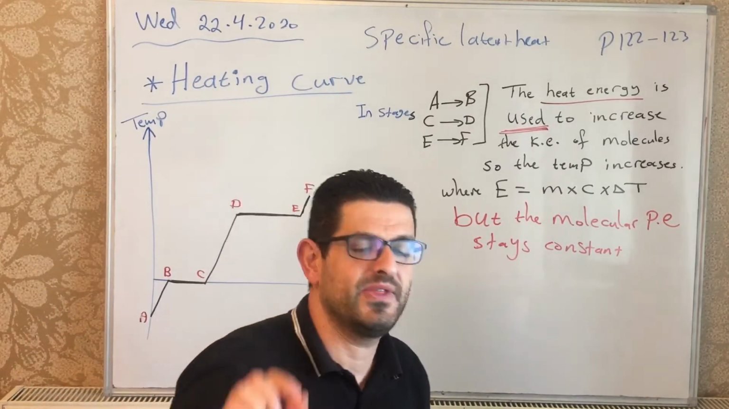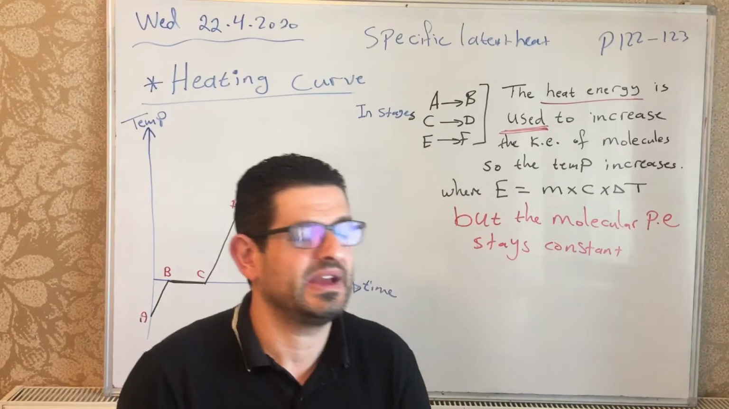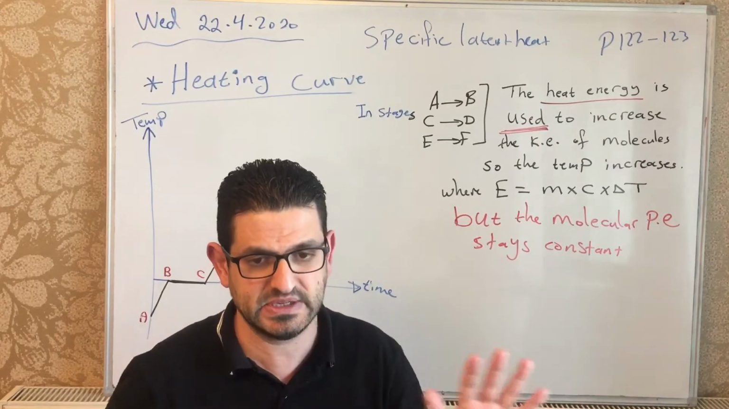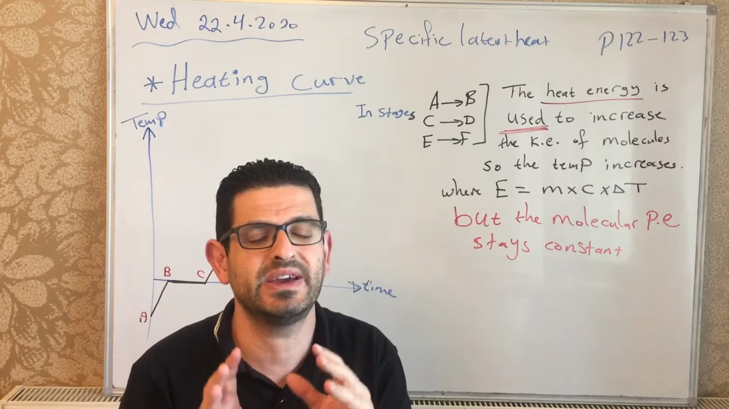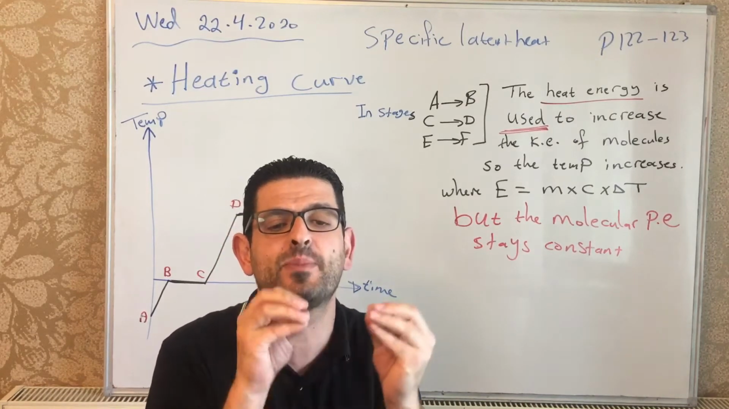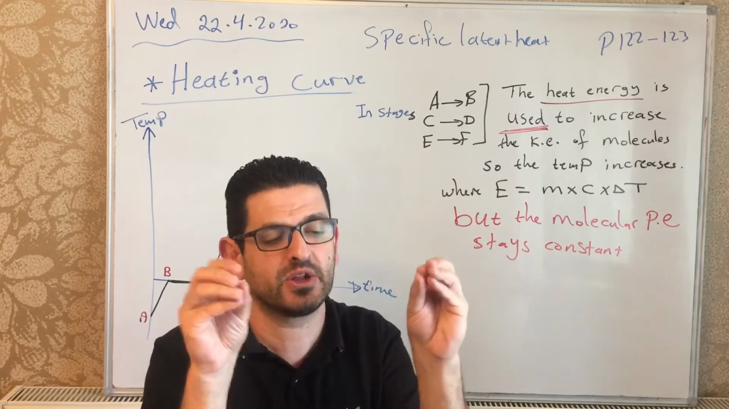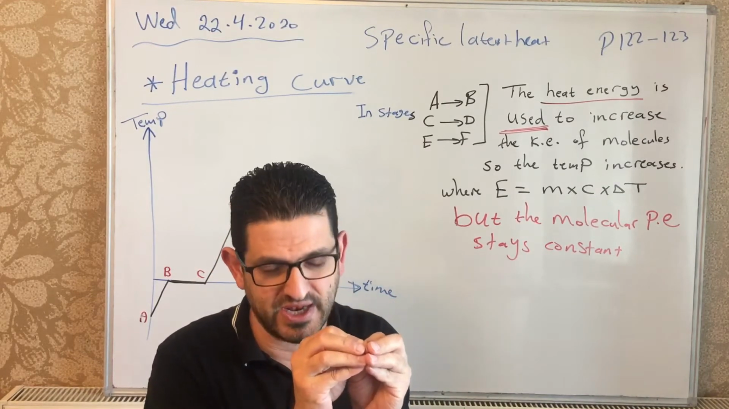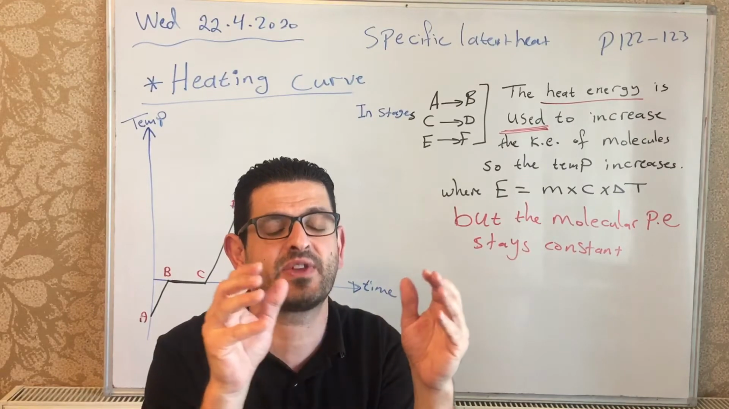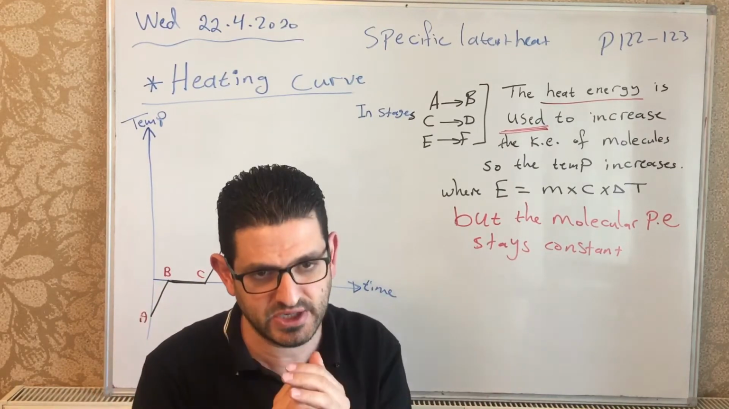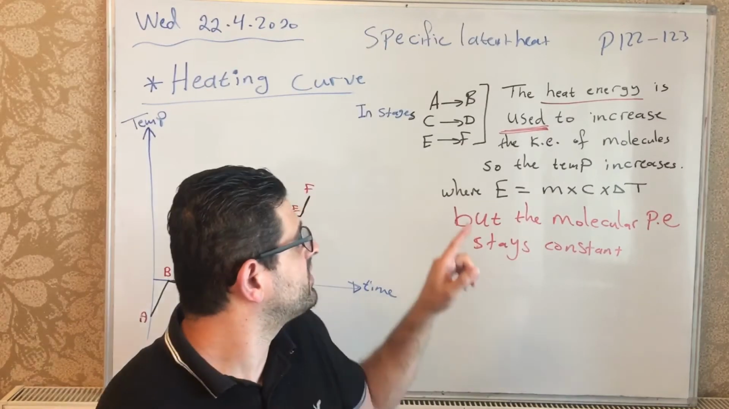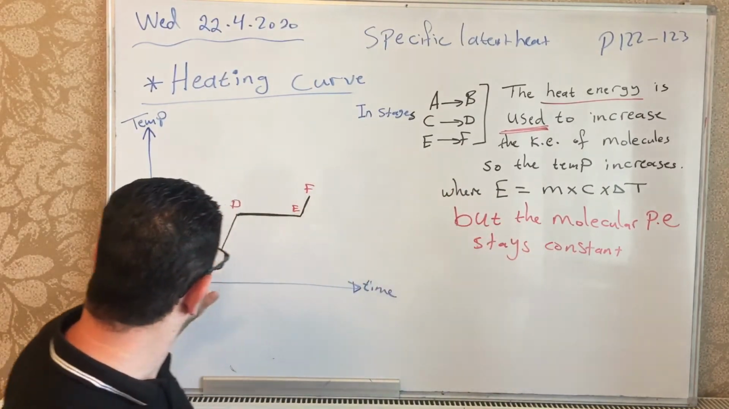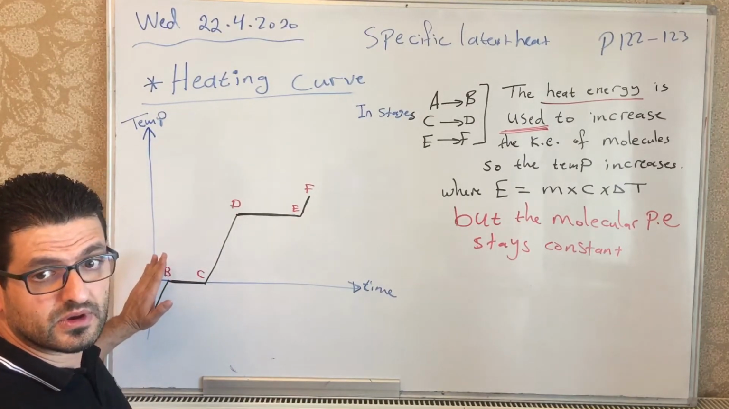Now, what is the molecular potential energy? There is no calculation for this energy. It depends on the position of the molecules. If they are very close, then they have low potential energy. As they go further apart, they have more potential energy. So the molecular potential energy in the solid